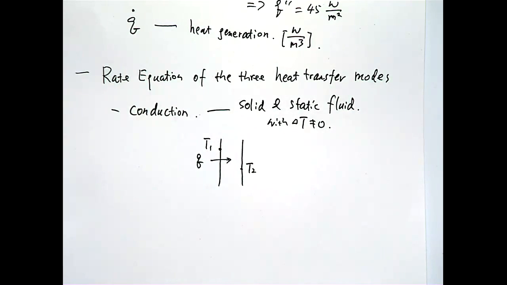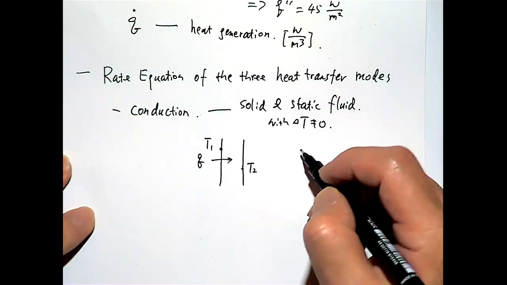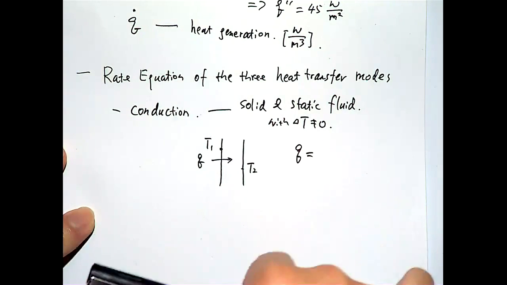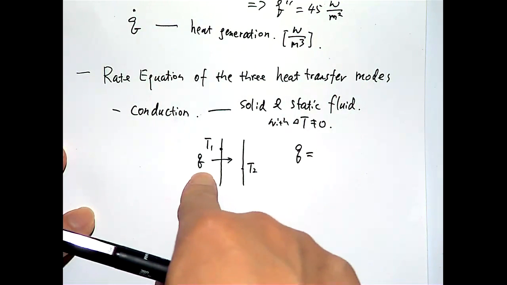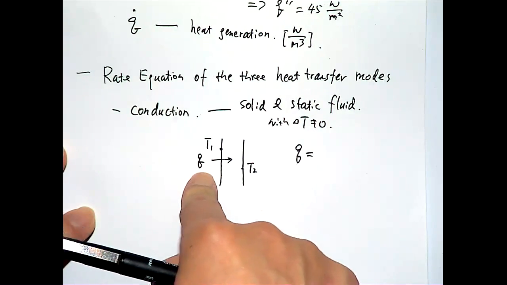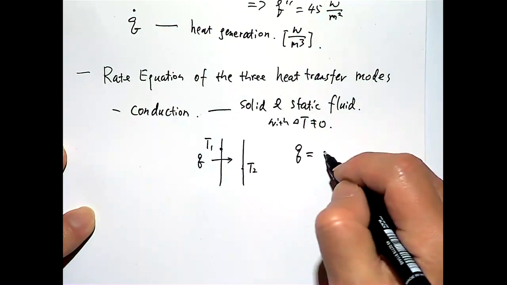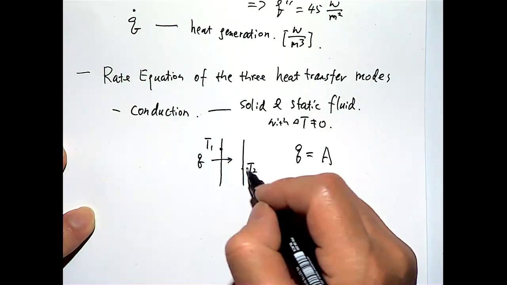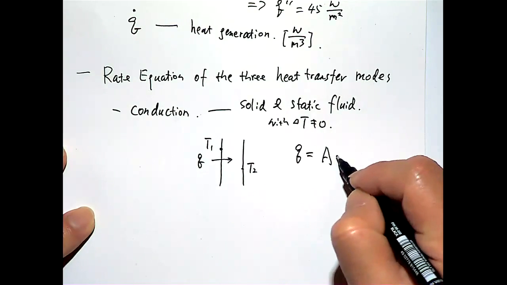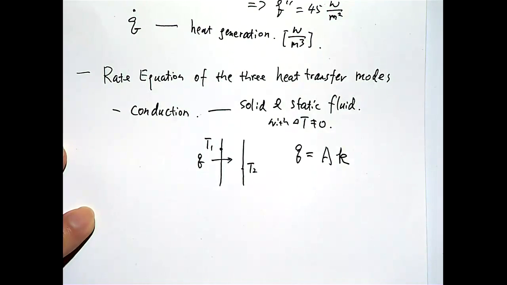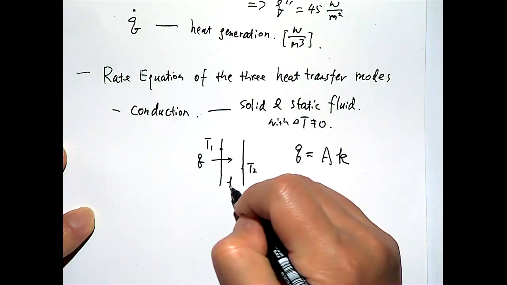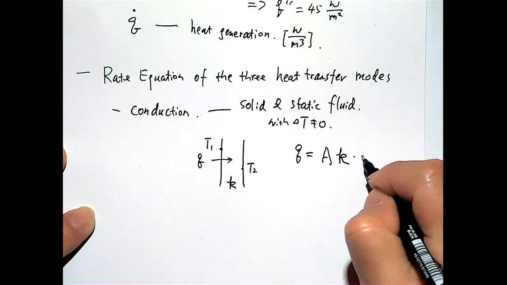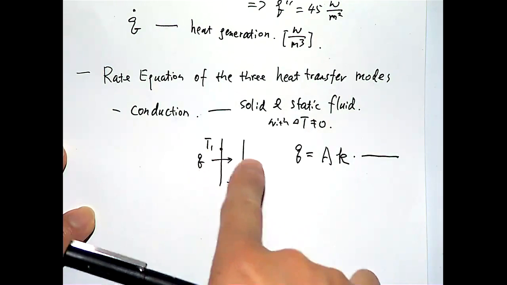And the rate equation we can write for the conduction case is that the heat transfer rate is proportional to the area, how much area it has, and proportional to what type of material it is. So that's related to a property called thermal conductivity. Let's assume it's uniform in the medium there, and proportional to the temperature gradient